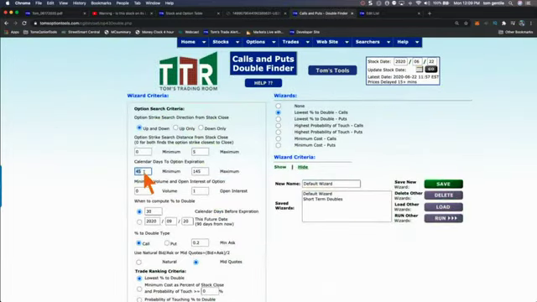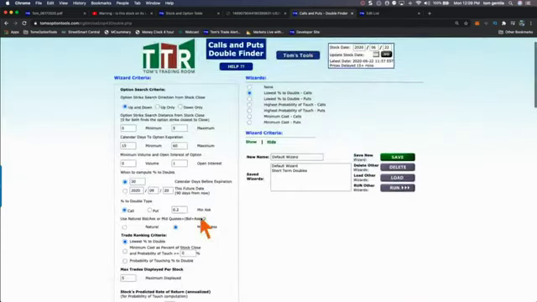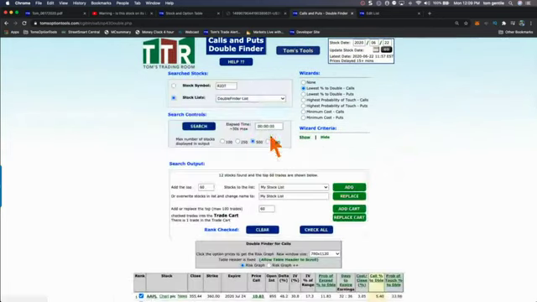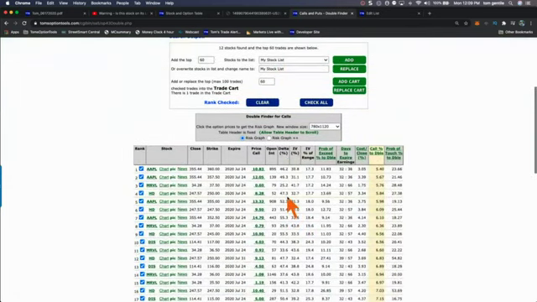So instead of 45-day calendars or expiration, I'm going to go to a 15-day to 60-day expiration. And now what I'm going to do is rerun this search because I'm looking for percent to doubles that are going to be a little cheaper. All right, here we go. This might be what I'm looking for here.